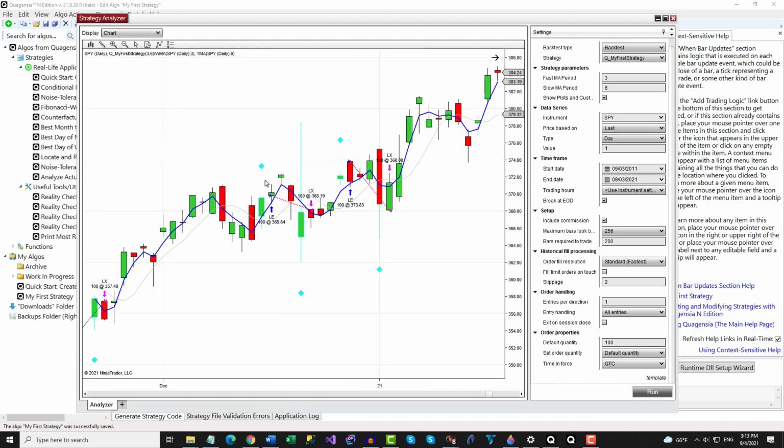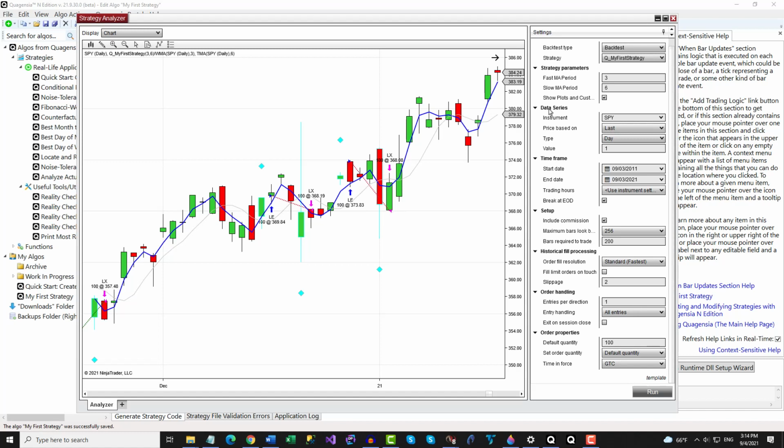Note that the positions are entered and exited on the price bar directly after the signal bar, not on the signal bar itself. This is correct and follows the basic principle that if we submit a market order based on a signal occurring on a bar close tick, our market order won't get filled on that bar close tick because the bar close tick occurred in the past. Instead, the soonest our market order could possibly be filled would be directly after the bar close tick event occurred. In a backtest, this will be on the bar open of the next bar or the next tick. In actual markets, even this cannot be assumed.